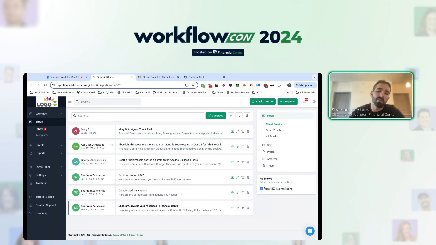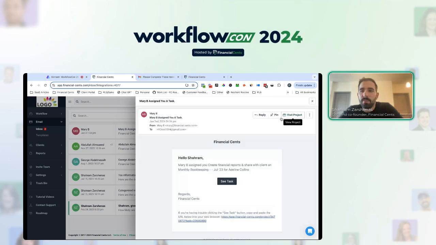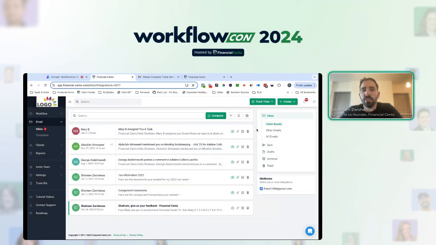So you can have your personal, your work, or several other work emails integrated at one time, because we know clients send you emails to all these different locations. And then we'll consolidate it into one aggregated view and then filter it. So again, it filters out all the spam and the personal emails. So when you're working, you can focus on what matters. And then you can view those emails. You can respond to clients, which is integrated with your Outlook or Gmail. So it keeps everything in sync.